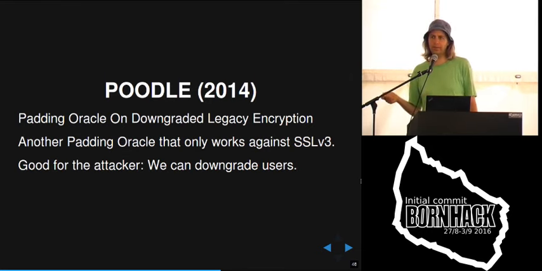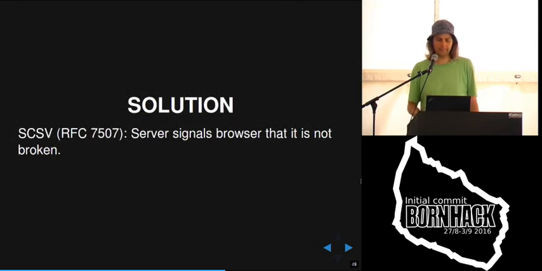So if a downgrade happens, you see the wrong certificate, because this technology to support different certificates doesn't work anymore. Then there was a proposal to implement something called SCSV, where the server can tell the browser, hello, I'm not broken, please don't do these downgrades.